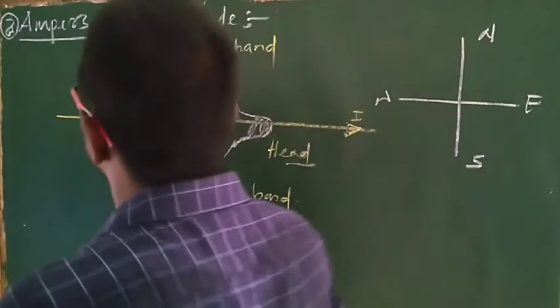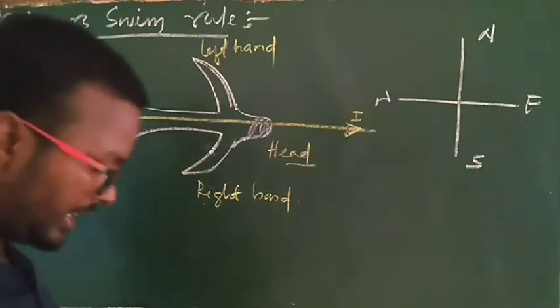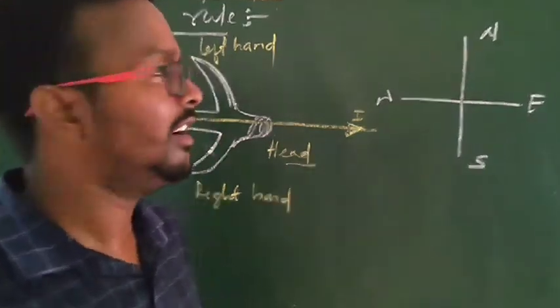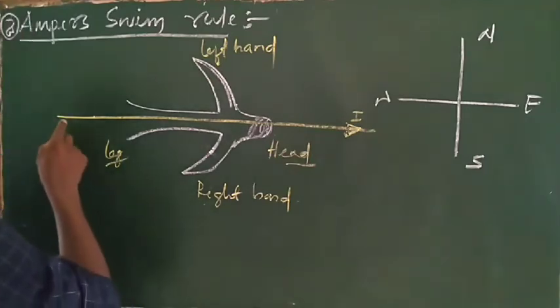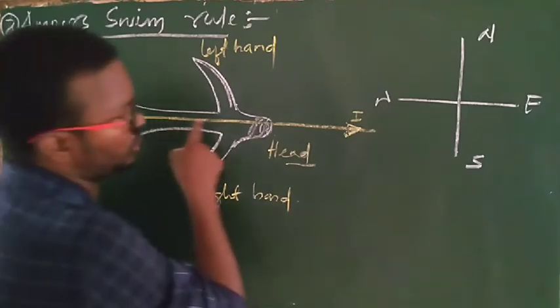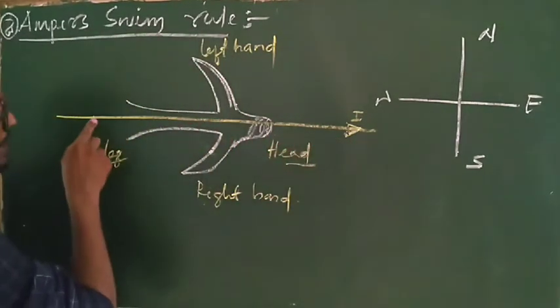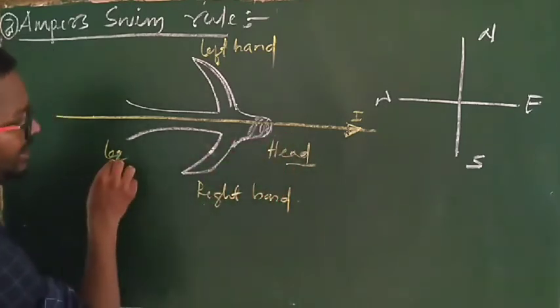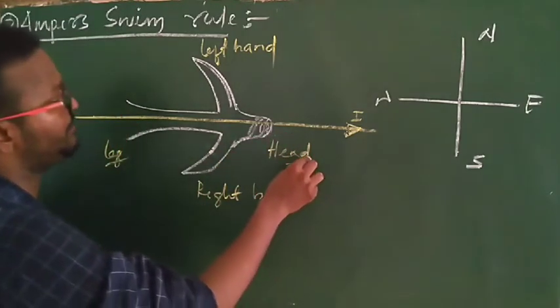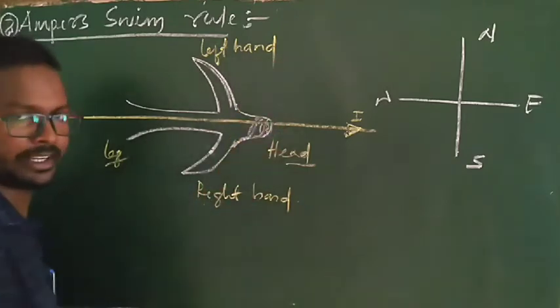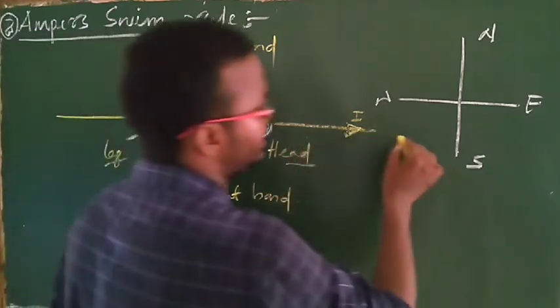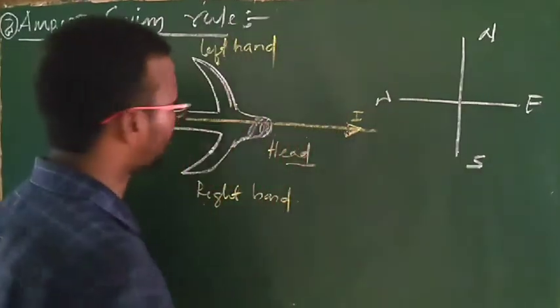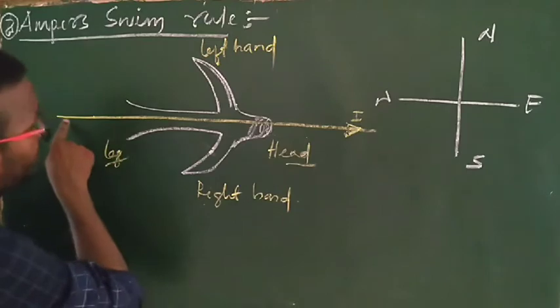So now we have to determine the north pole of the magnetic needle by using Ampere's swimming rule. So what is Ampere's swimming rule? According to this rule, if current is flowing from this direction to this direction, that means feet to head. This is the head of a human body, this is the left hand, this is the right hand. Clear? If current is flowing from feet to head,